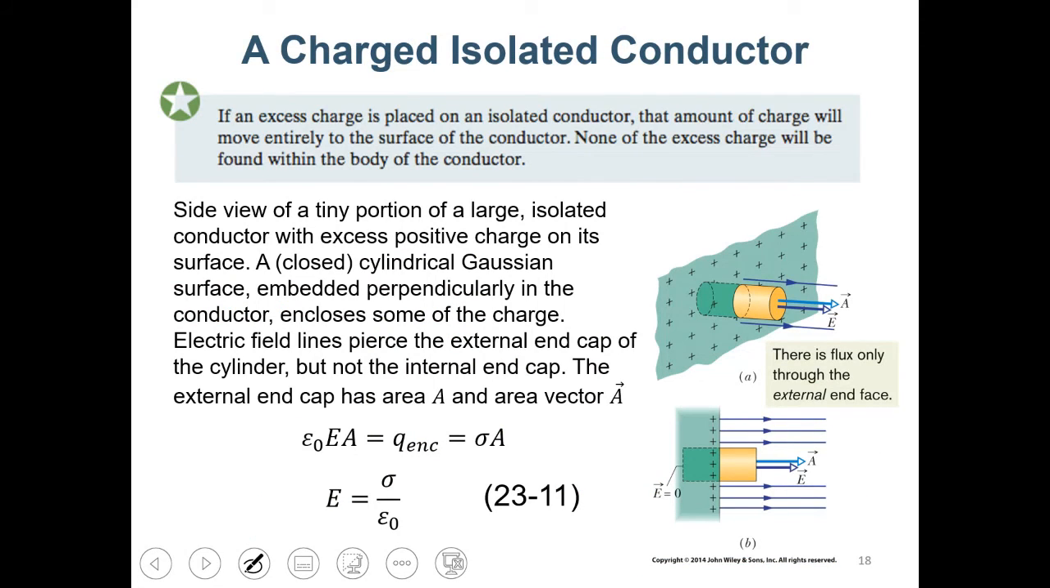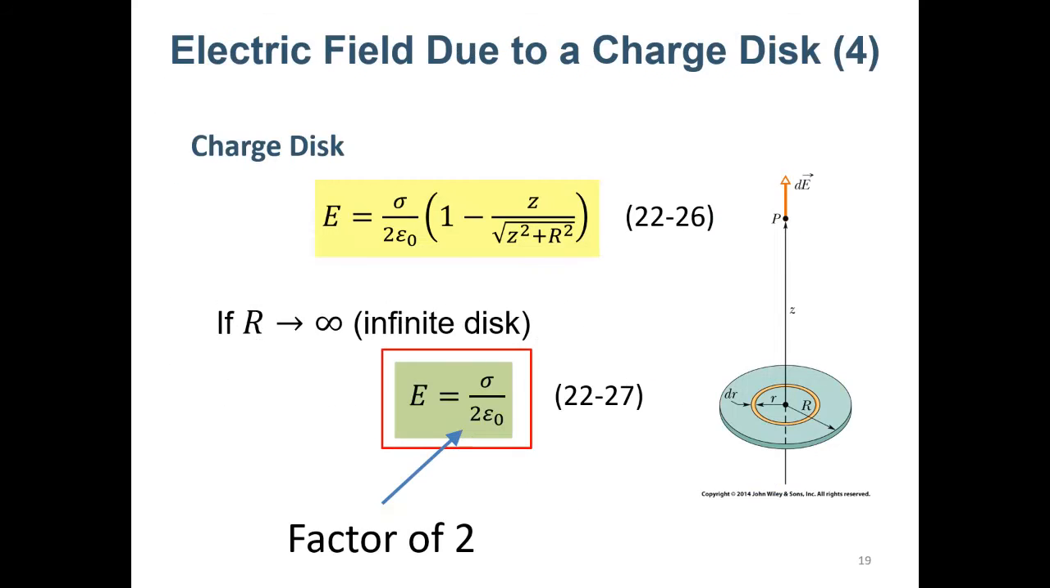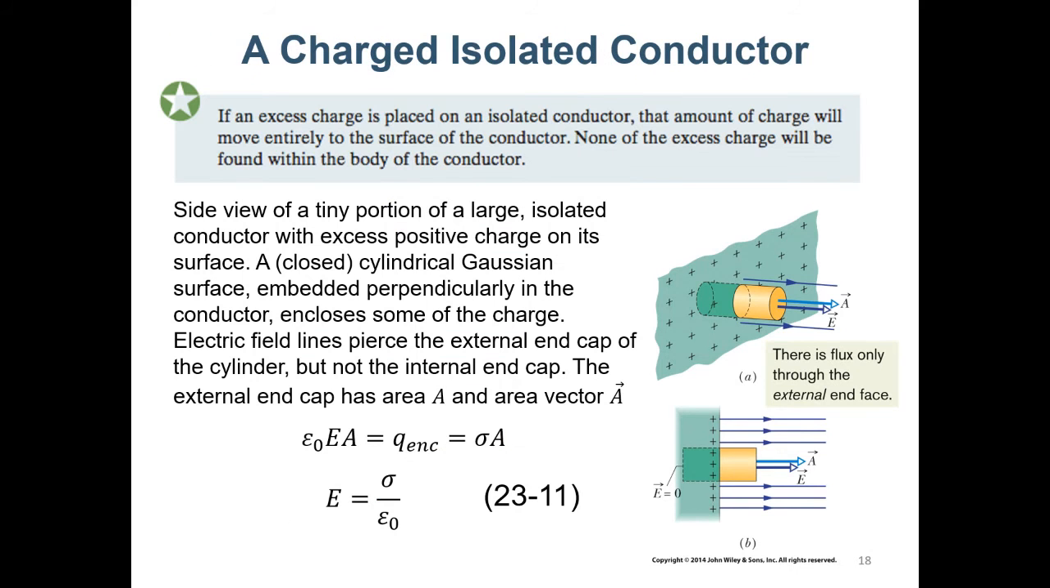Okay, so next, a charged isolated conductor. In the previous chapter, I told you that this one will appear again, so it's now. But for this case, it's a little bit different. It tells you that an excess charge placed on an isolated conductor will move entirely to the surface of the conductor. None of the excess charge will be found within the body of the conductor, which means that